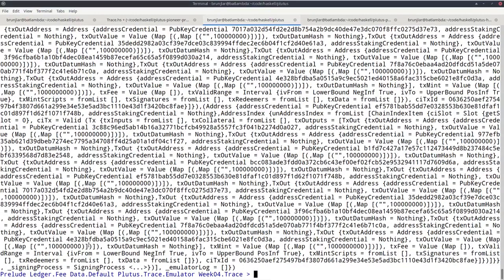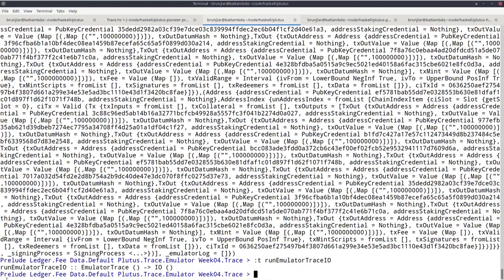And wow, we get a lot of output. And that's mostly due to this list of emulator events. So even for a trace that doesn't do anything, we have many screens full of events, which also demonstrates that this is not very useful for trying out a contract in the REPL, because there's just too much information. But luckily, there's also something called runEmulatorTraceIO that just takes an emulator trace, no configurations. So those will just be the default configurations.